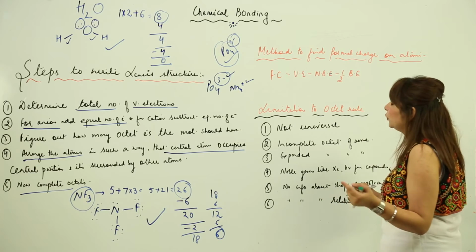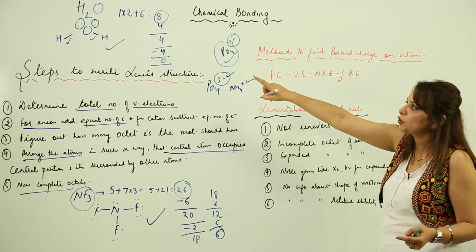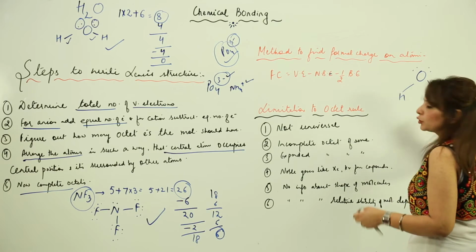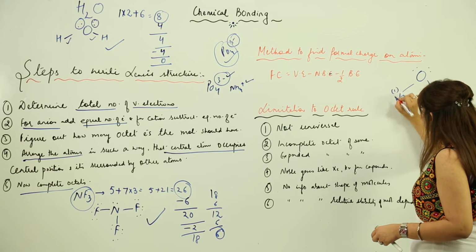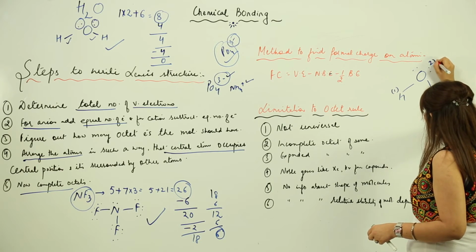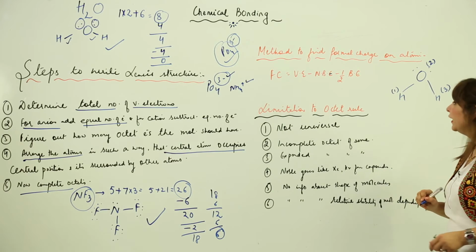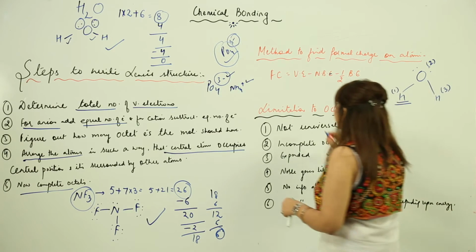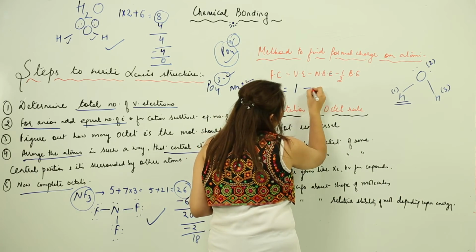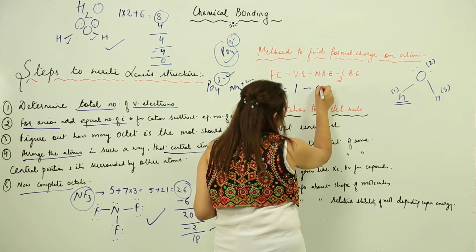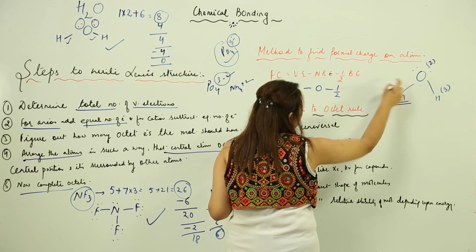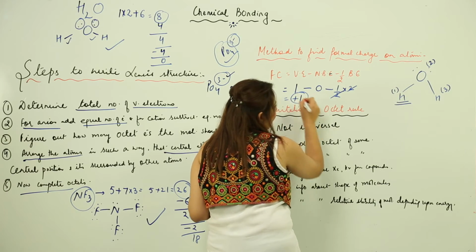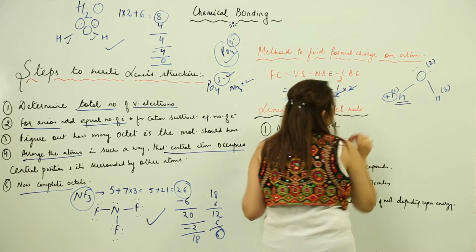Let us find the charge on the water molecule. This is my water molecule, as I've already told you how to show it. Now see, let us say this is our first hydrogen, this is our oxygen, and this is our other hydrogen, right? Let us calculate the charge on atom 1, that is on hydrogen. We know valence electron is 1, non-bonded electron is 0, bonded electron is 2, so it comes out to be 1 minus 0 minus 1, which is 0, so it possesses no charge.